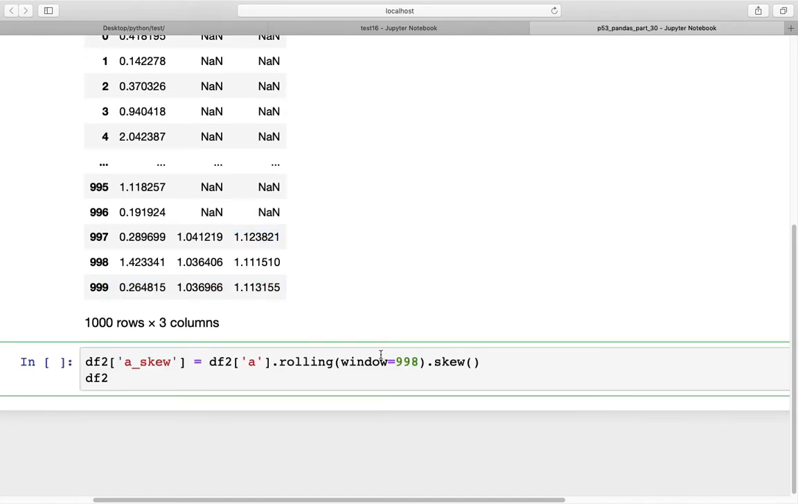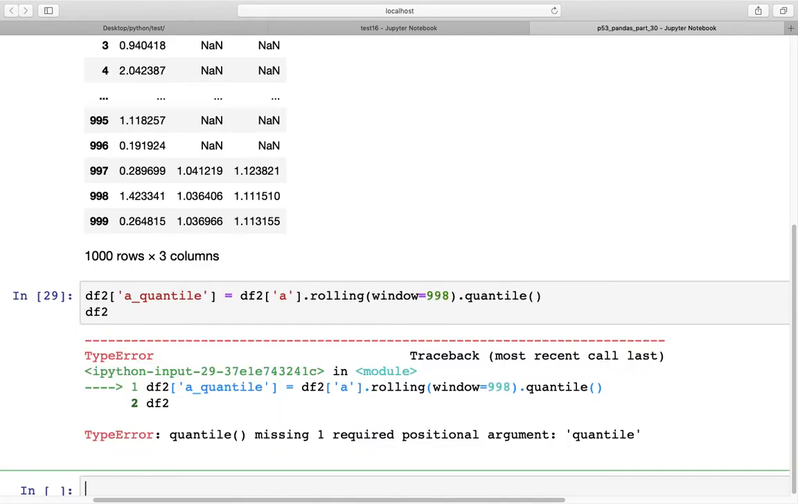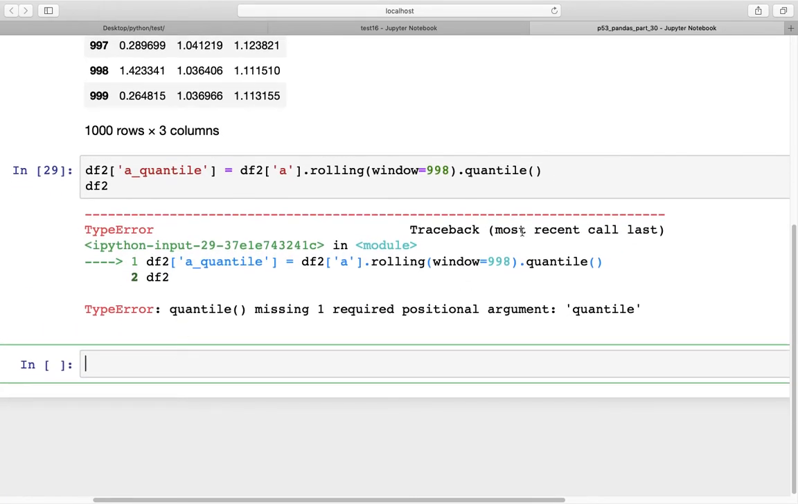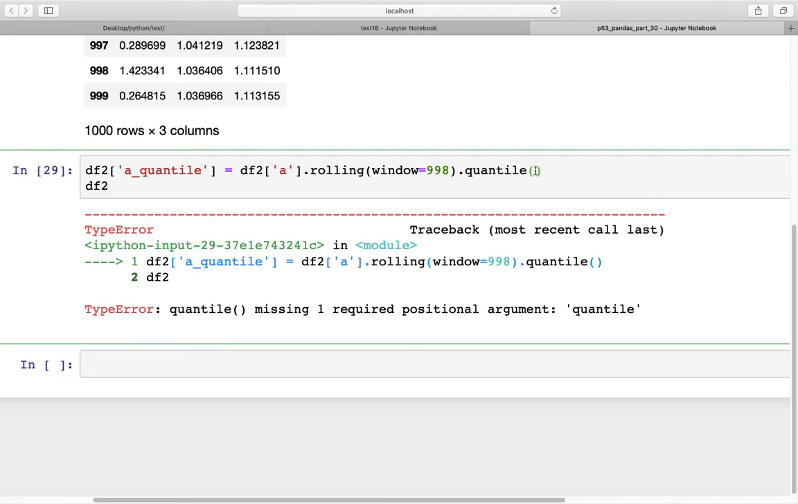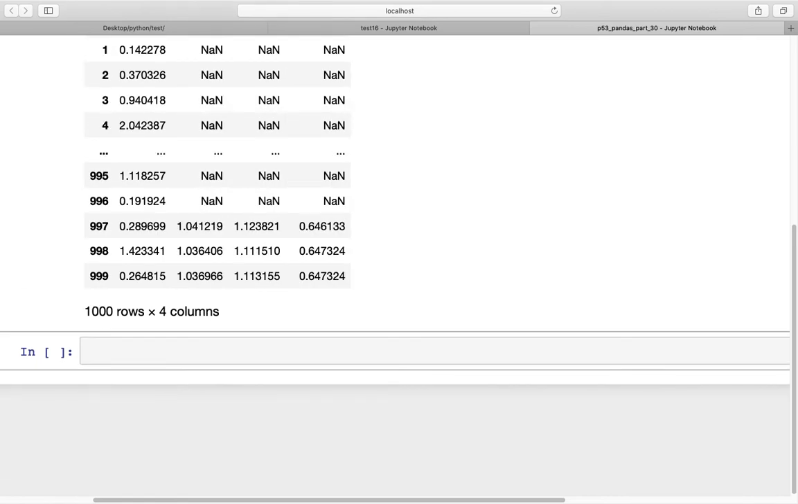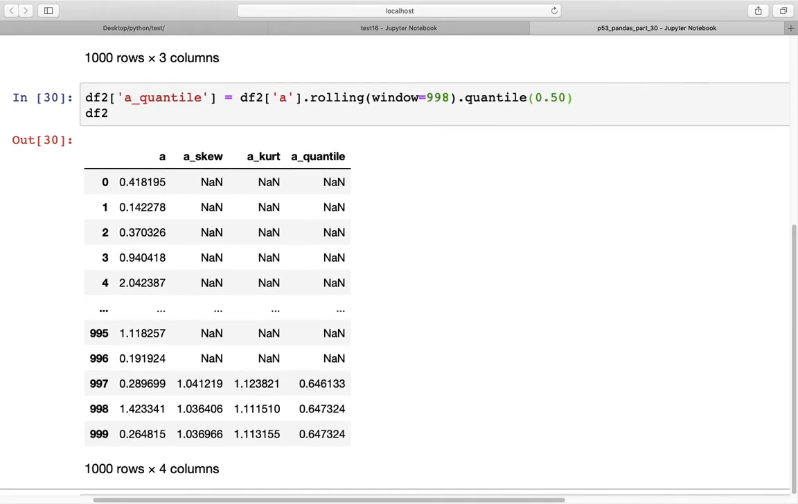Now, in addition to this, we can calculate quantile. And for quantile, again, the syntax, everything is the same. We just change the quantile word in the tag, and the reason for this error is because we haven't specified what quantile we want. So we have to specify the quantile here for rolling, and I'm going to specify 0.50, so that would be the median, and these are the values we get for all the values in the window